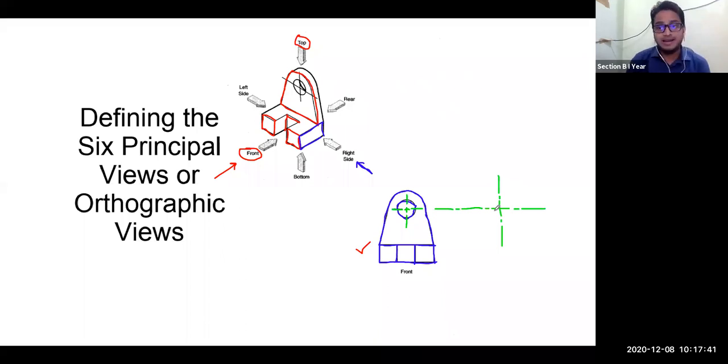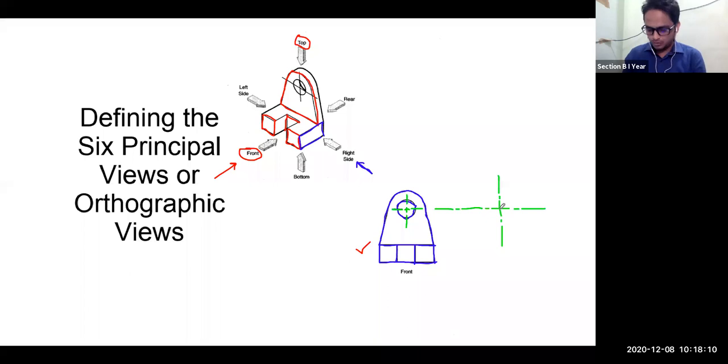And as I have told you, wherever you see any circle or any hole, you have to use this center line, and the point of intersection will be the center of that circle, or the center of that hole through which the axis will pass. So this is the front view.